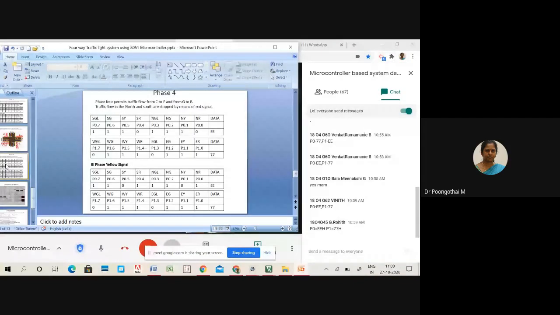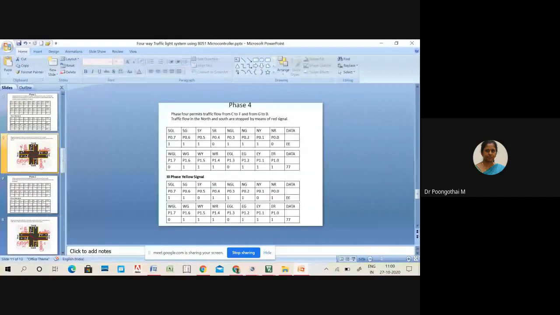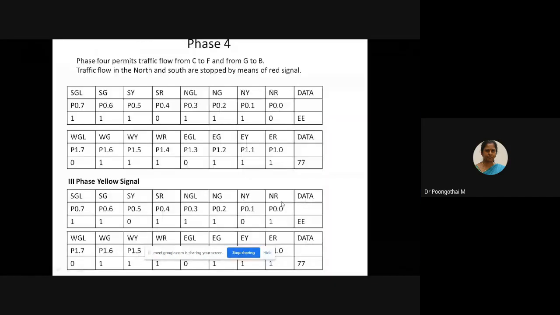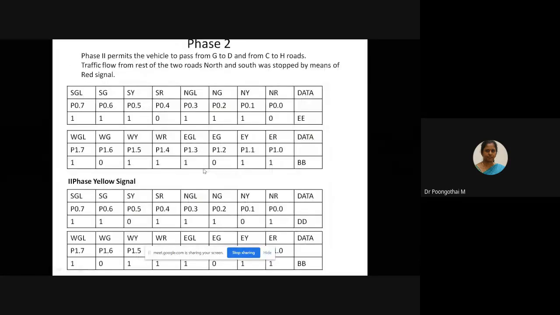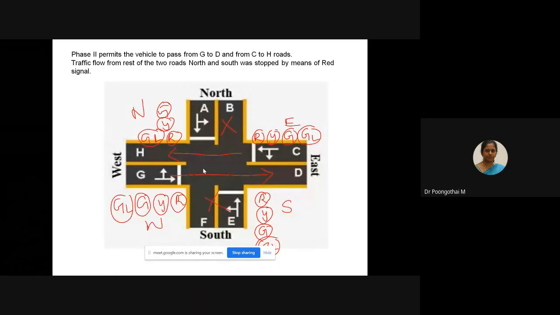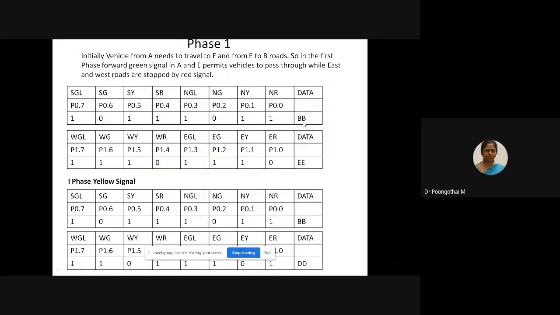Please note down the answers for all the phases. So while programming this application, you can directly move this 8-bit data to port 0 or port 1, or individually you can enable or disable the port bits.